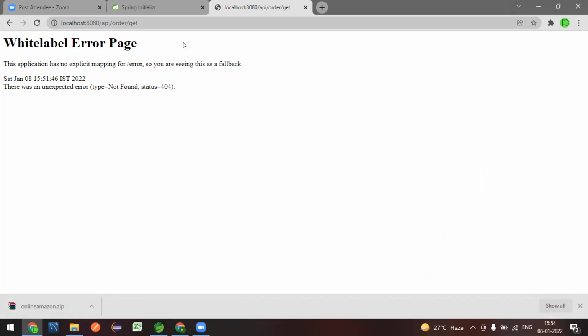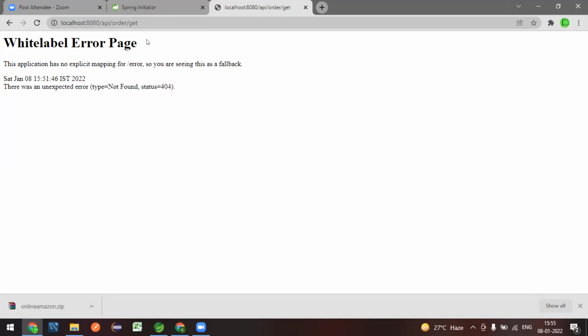See, there is a third line, fourth line. What is the fourth line? Very, very important, the fourth line: Status 404. So your request from the browser went to the Tomcat server, and it went to the application. And the application is saying that the path is not there. All should know what 404 is. The path that you are sending from here is not matching your controller method path.